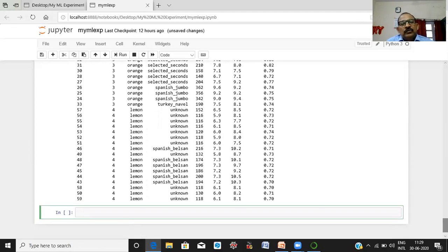Now suppose you want to arrange your data set in decreasing order. Here we have specified the column name, fruit label.